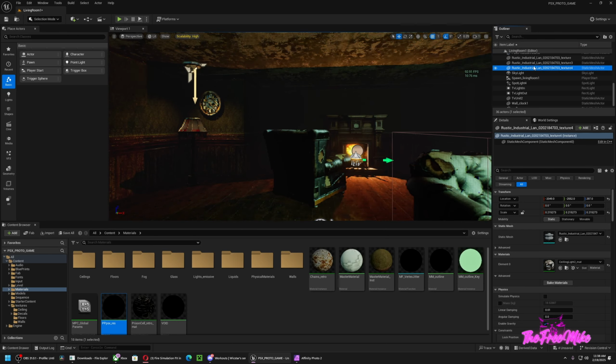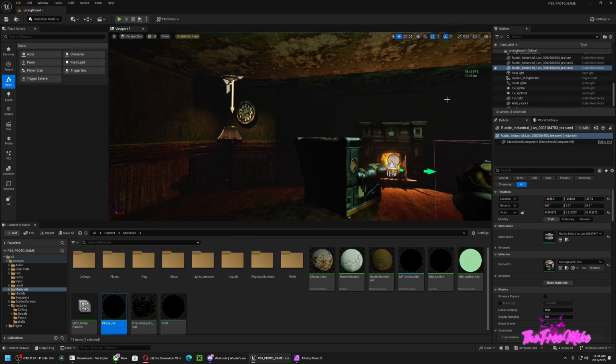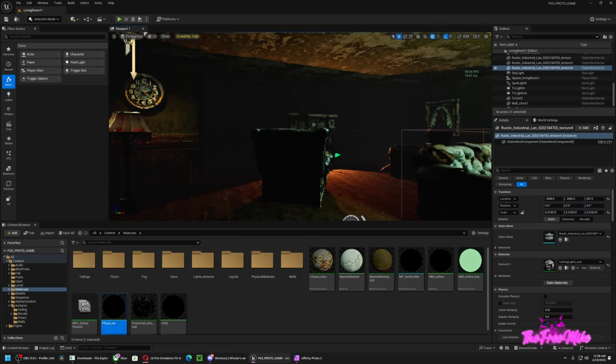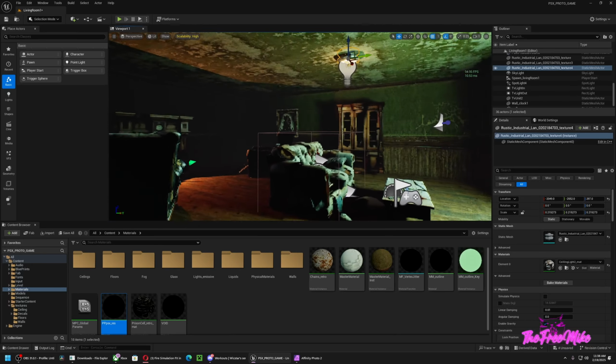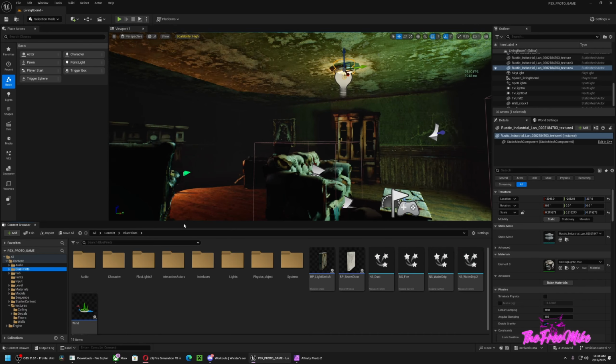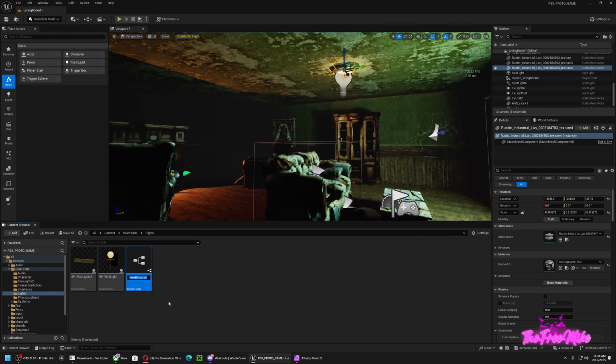I should have made blueprints, I heard. I don't know to which extent it's true. I guess we could test it out, but I heard that it's easier to manage the light if it's encapsulated in the blueprint. So let's try to make one actually, with the same thing. So lights. Let's make a new blueprint. Actor. I'm going to call it